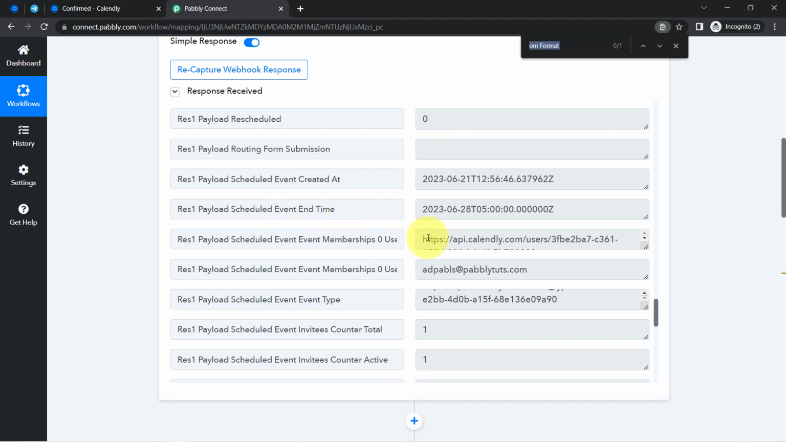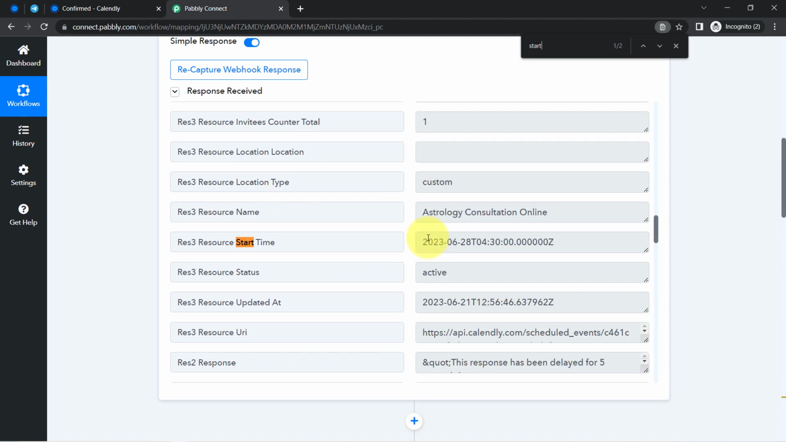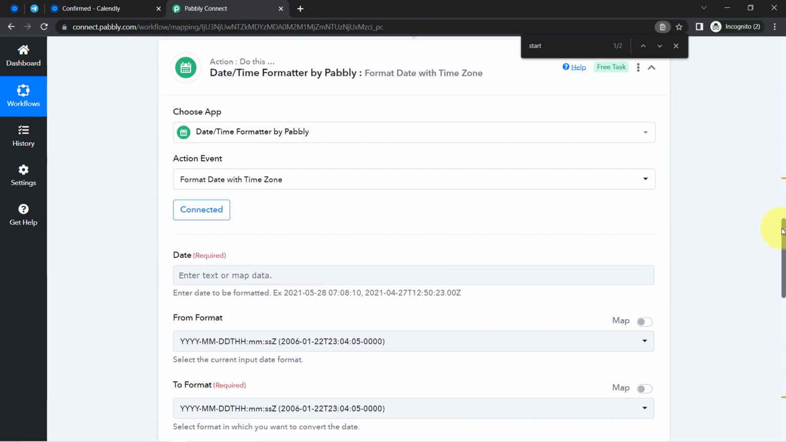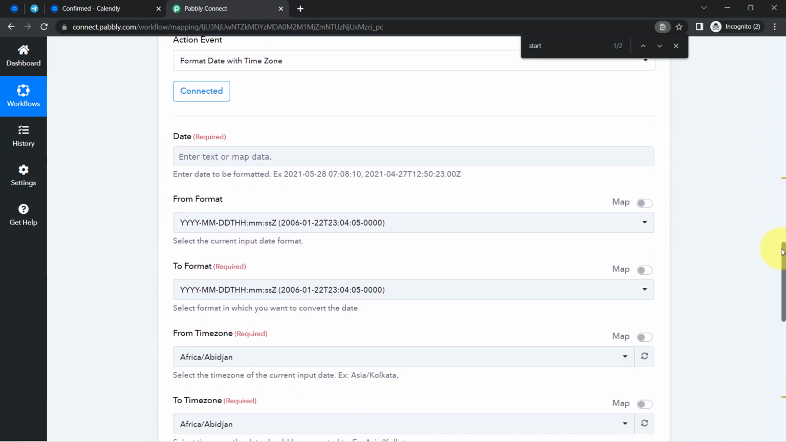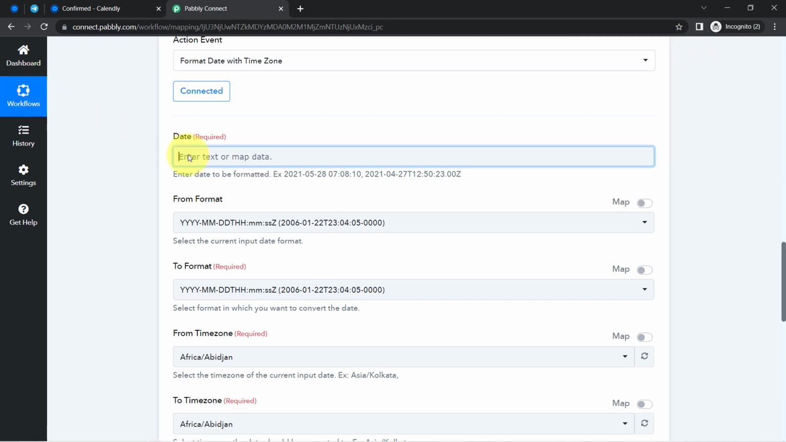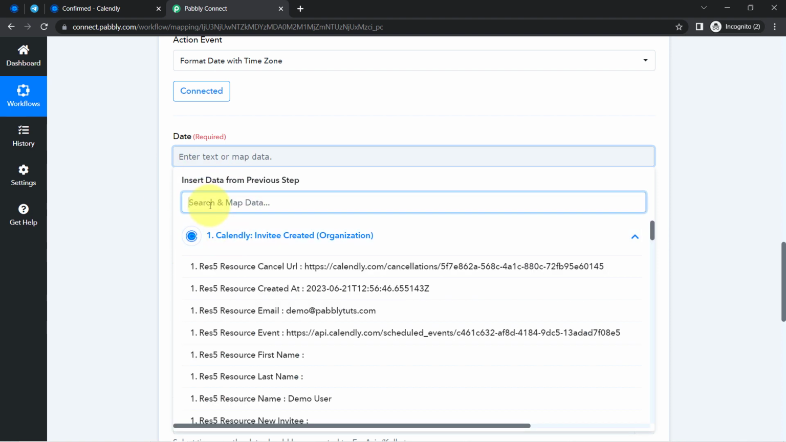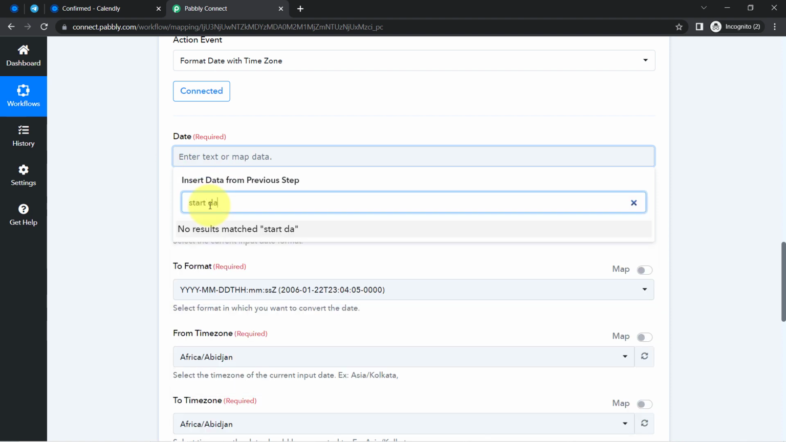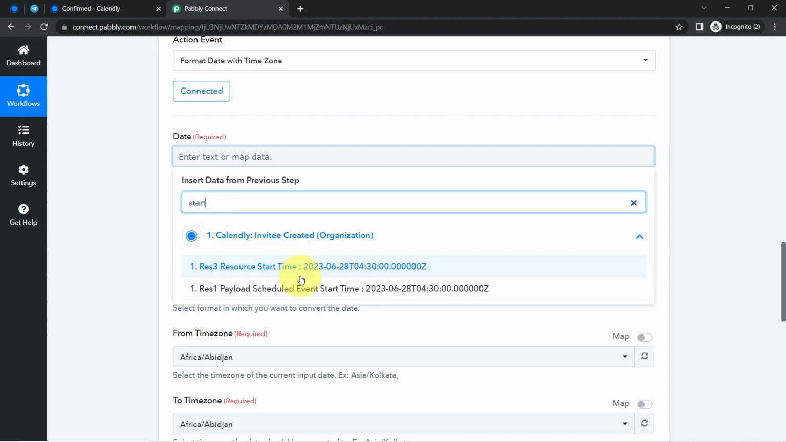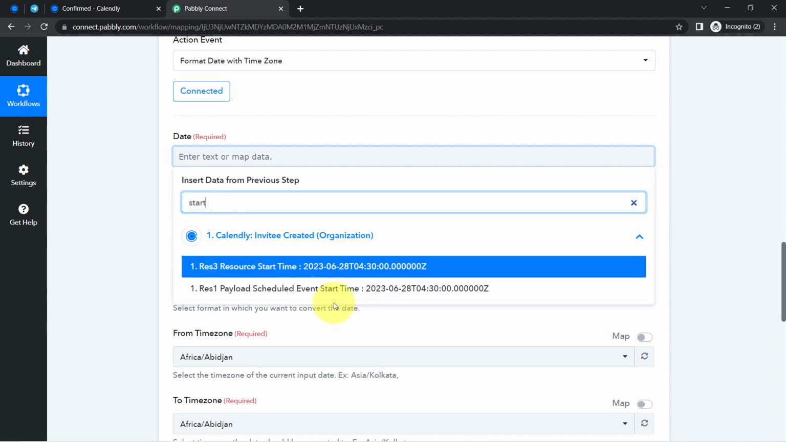The interesting thing is I don't need to manually copy the start date. Where is the start date? Let us once again search. I don't need to manually copy this start date and paste it here because I am going to map this date. Mapping is very simple inside Pabbly Connect. When you click on this field, you will find the above data here in the drop down. Let me search for the start date. Where is the start time? All right, so here we have the event start timing as 28th of June and we have the timing as